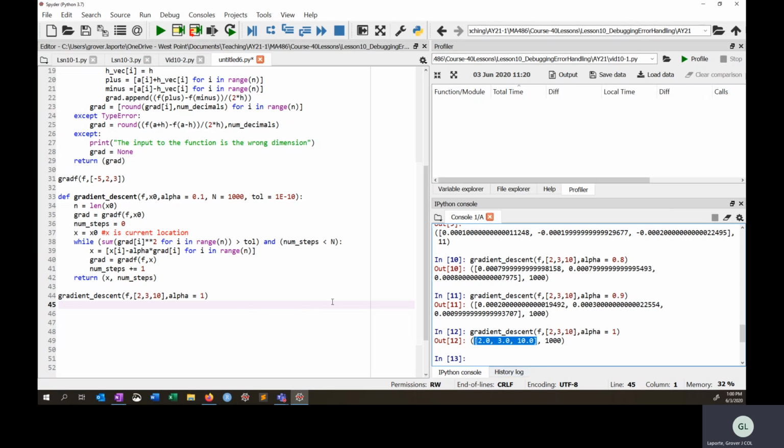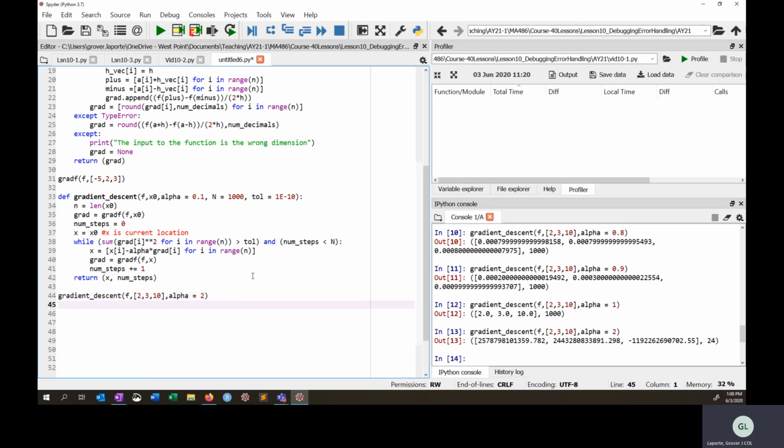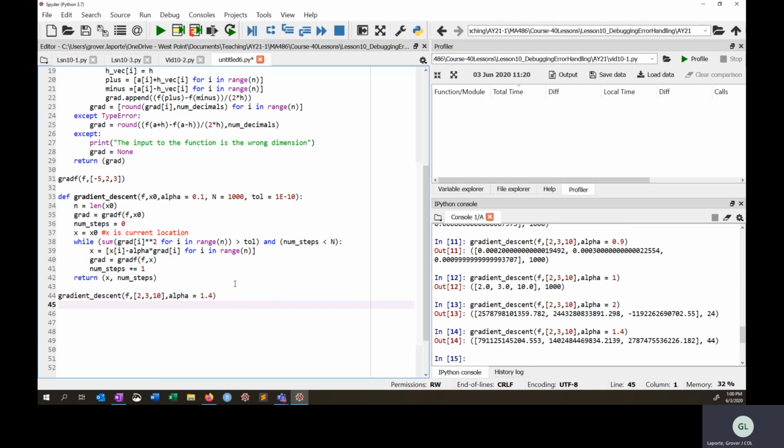And look what happens. The bigger this alpha gets, the more chance you have of getting out of whack. So in 44 steps, this thing is blowing up, and it should have gone to 1,000, but there's probably some